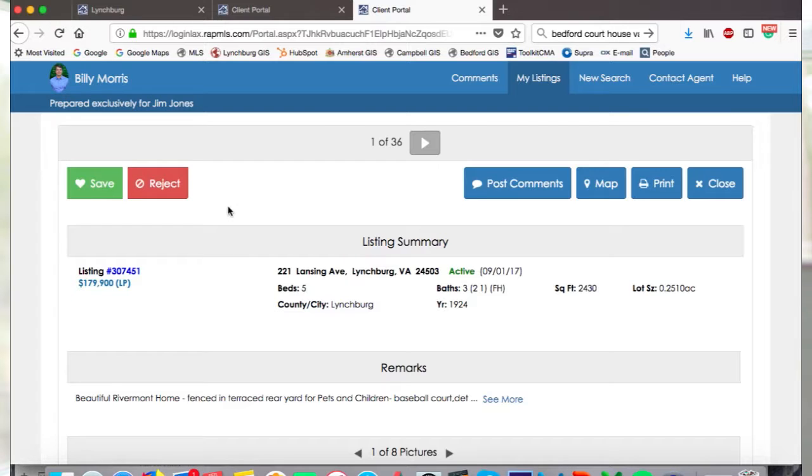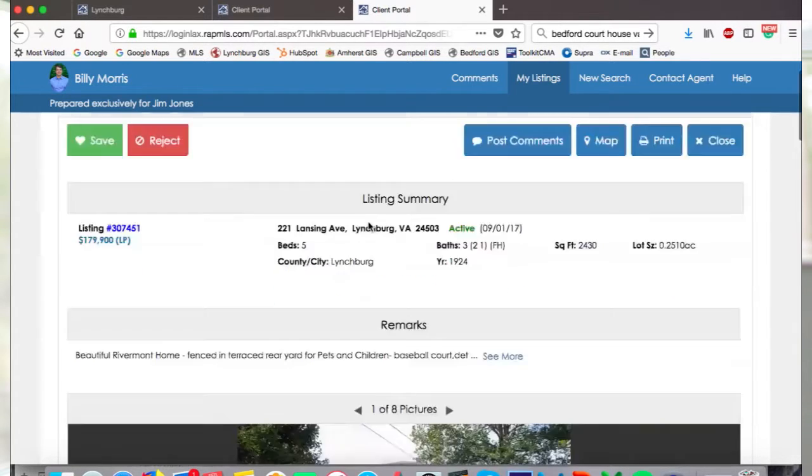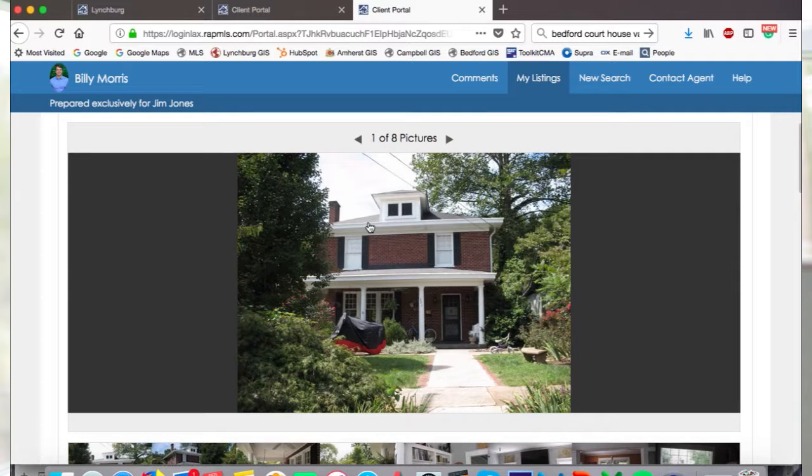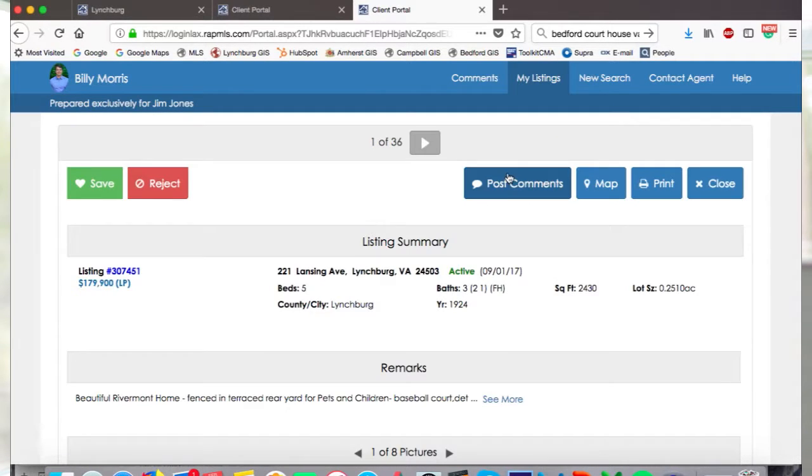So directly from here, you can either save or reject the property. You can also post a comment. If there's anything particular about it that you either like or don't like, you can put a comment on it for your future reference and for my reference, so that I can see, okay, he's rejected 4 of